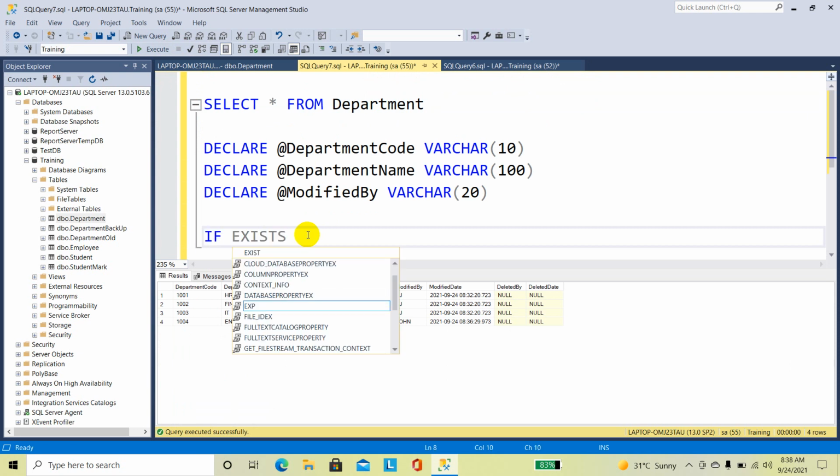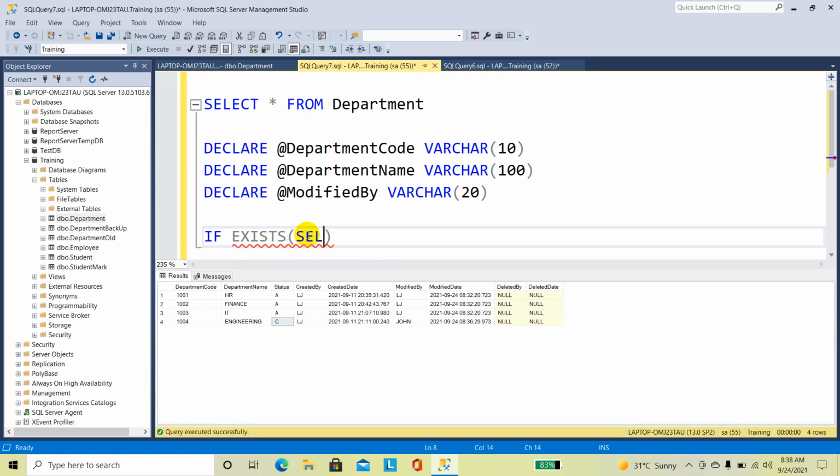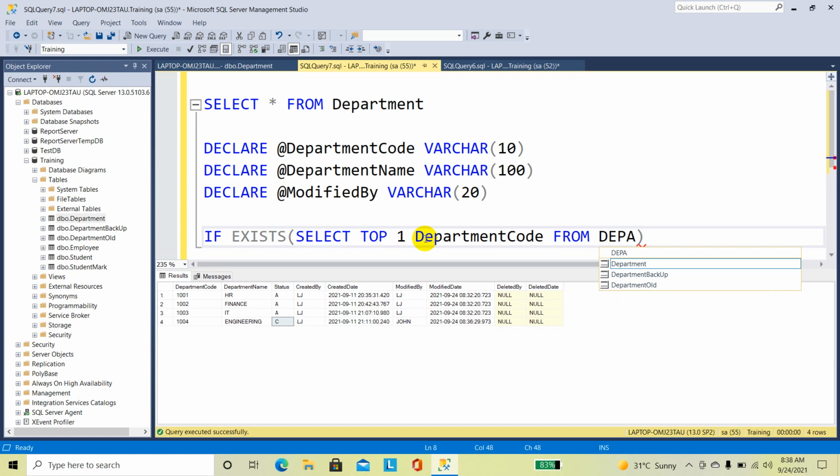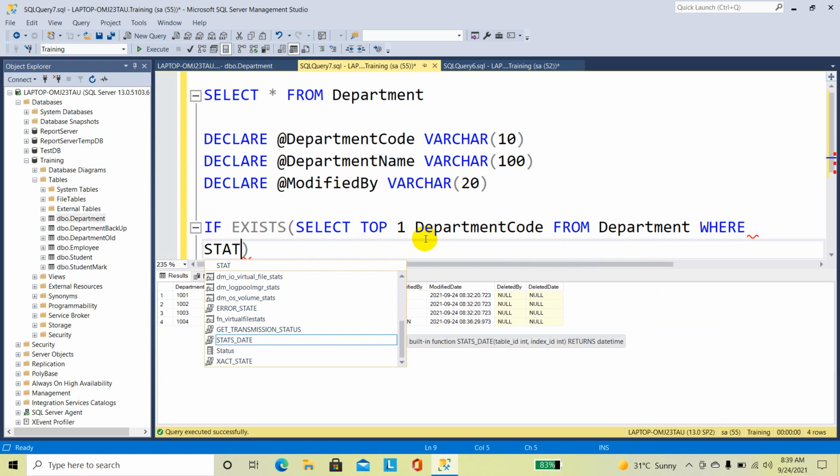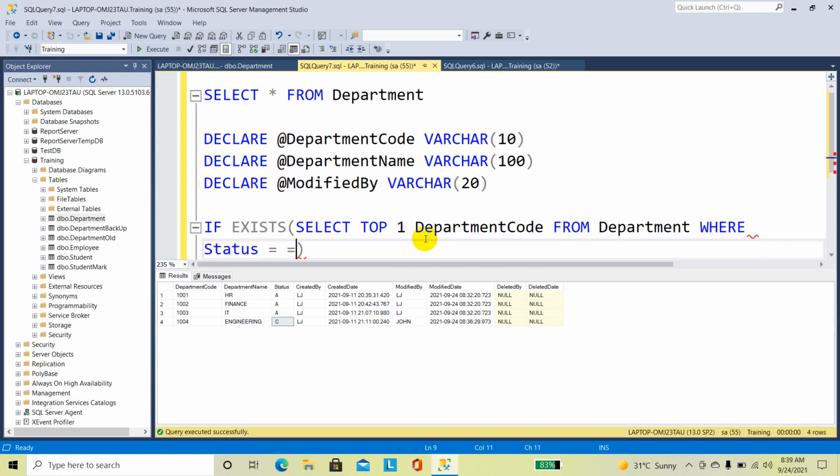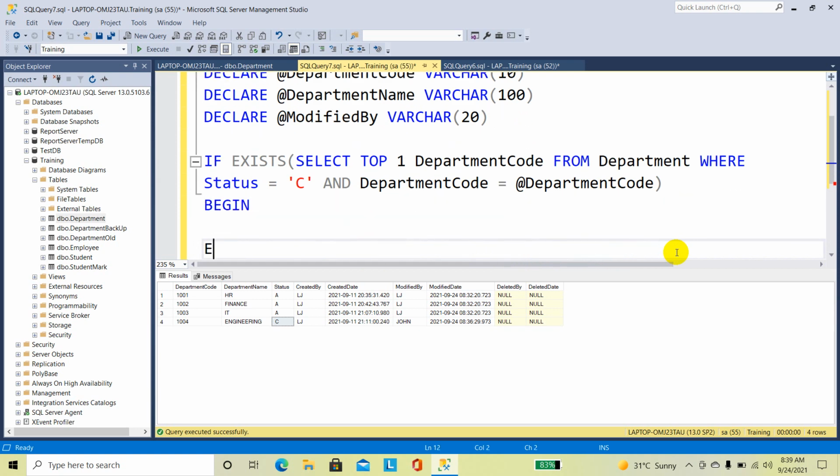If exists, select top 1 department code from department table where status is equal to C and department code is equal to department code, then begin end.